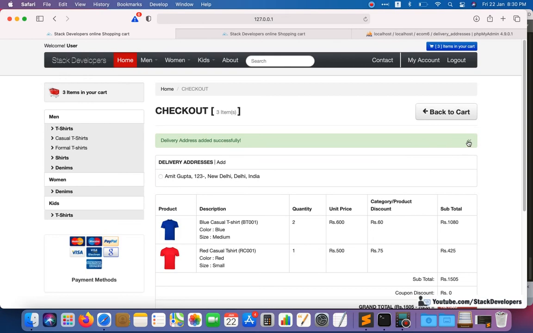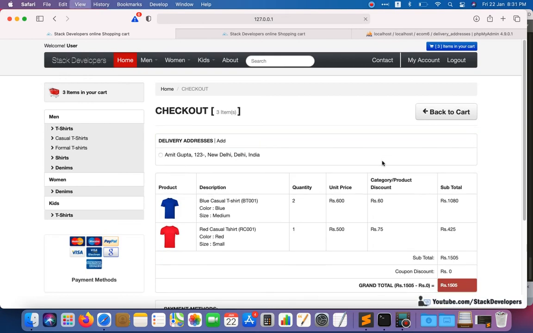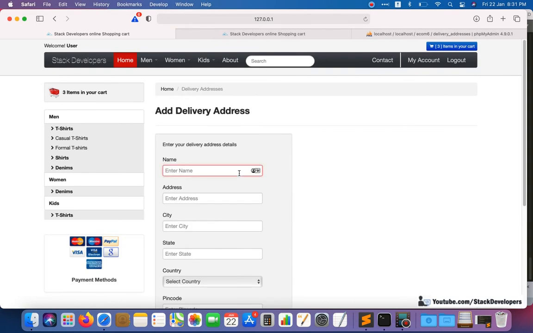So you can add multiple addresses. I can close this one, I can refresh, and that message will not come again. And now you can add another address as well, any name you can add here, Steve, Mall Road.